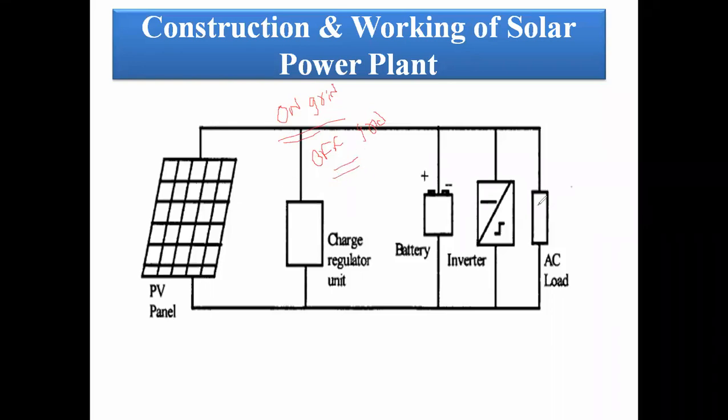In the off-grid mechanism, we connect it with the help of a battery. In the on-grid system, without battery; in the off-grid system, with battery. In the on-grid system, they synchronize the parameters. Synchronization has three parameters: voltage, frequency, and power factor. We match the grid voltage with the system voltage, grid frequency with the system frequency, and grid power factor with the system power factor. Once we match these three parameters, we can directly connect it into the grid.